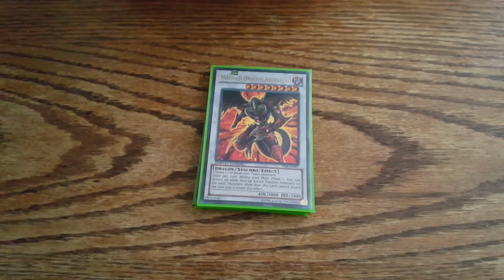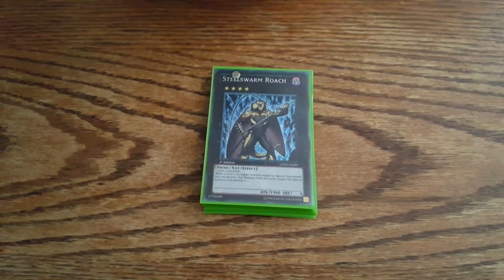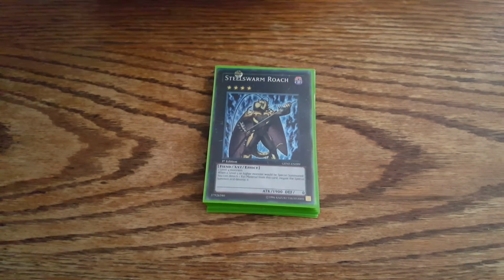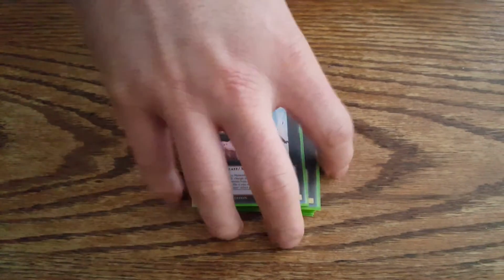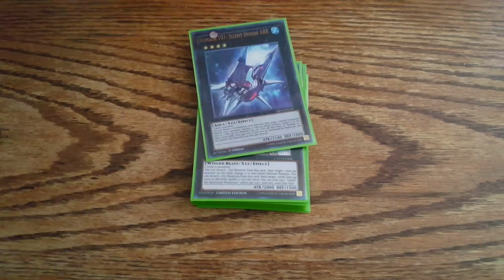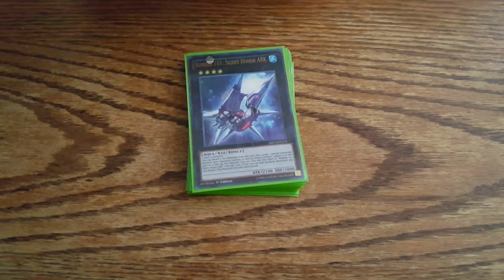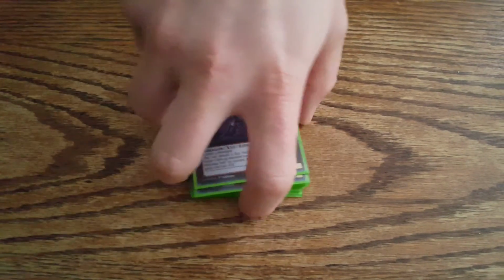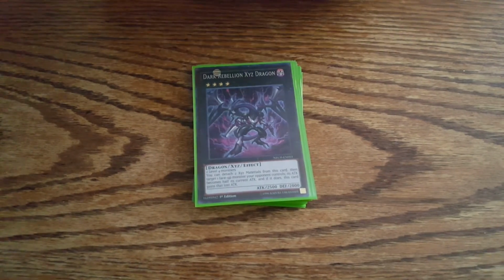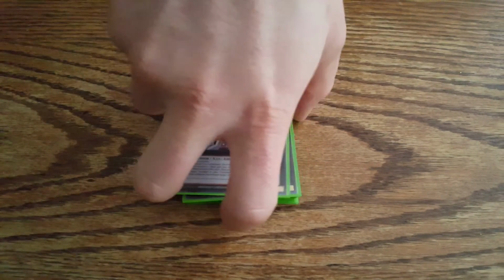So into our XYZs, Steel Swarm Roach, which I love to pair with Red Wyvern, because you can sit on them and camp if you haven't got the best hand. Castel, because he's got an amazing effect. Number 101, Silent Honor ARK, because again, great effect. Dark Rebellion Dragon, helps with your OTKs, and probably the most important card in the extra deck, Number 39, Utopia